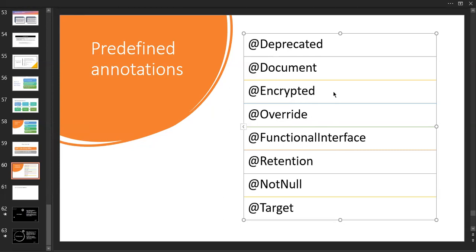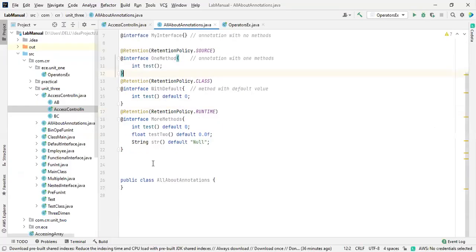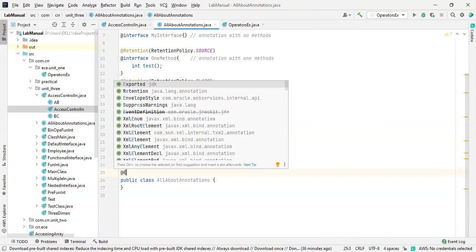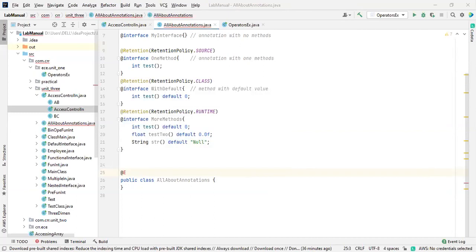Encrypted, in the sense, we are going to give an encryption to the methods and all. Wait a second, I'm going to show you that. Why is this not available inside Java? In our syllabus, they mention encrypted, but here inside Java, it is not available.